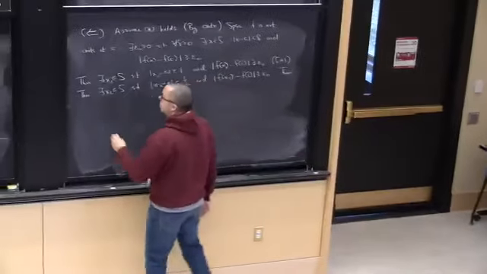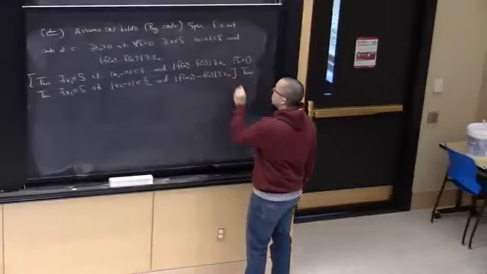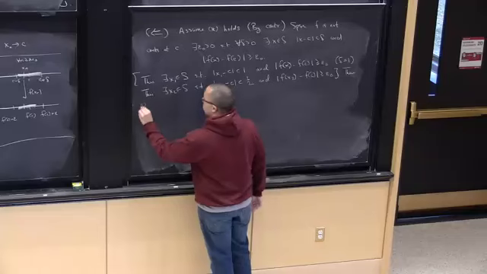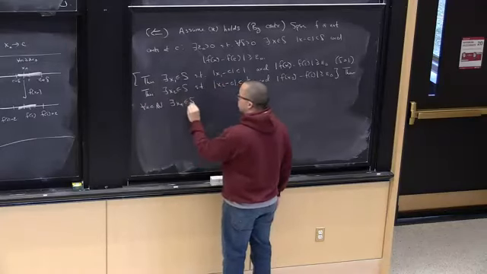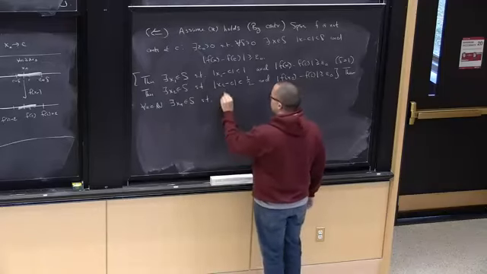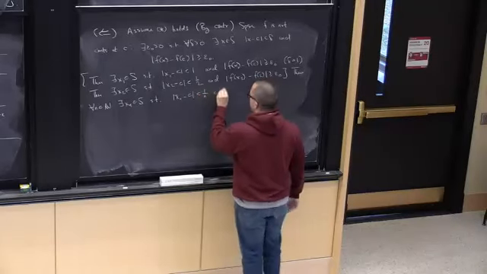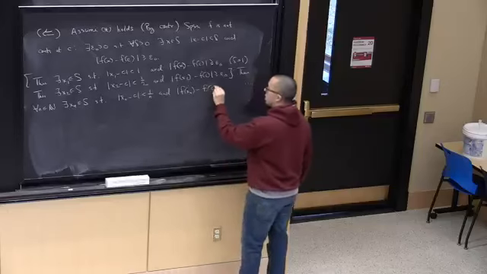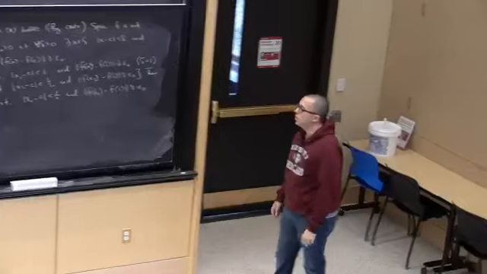So if you omit this from the proof, this is really what's behind the next statement I'm about to make. Then for all natural numbers n, there exists an x of n in S such that the absolute value of x of n minus C is less than 1/n, and the absolute value of f of x of n minus f of C is bigger than or equal to epsilon 0.